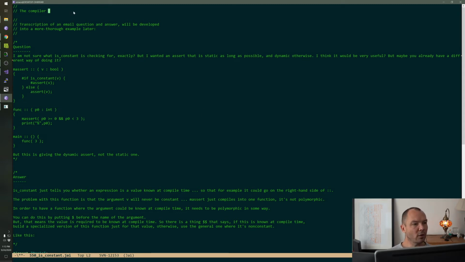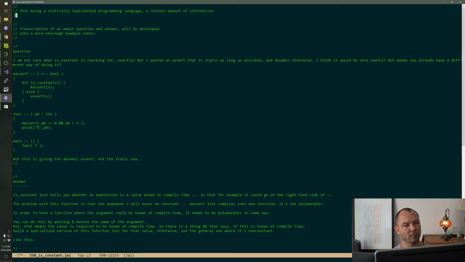Okay, so the compiler evaluates certain kinds of expressions. This being a statically type-checked programming language, a certain amount of information is available at compile time.